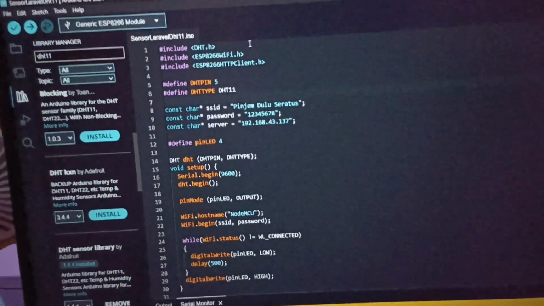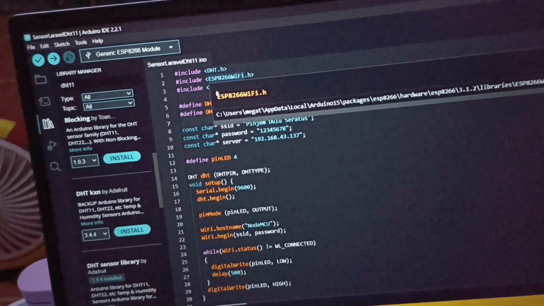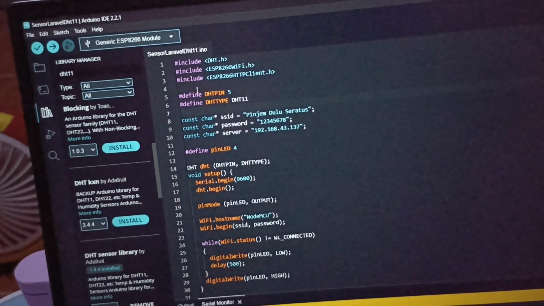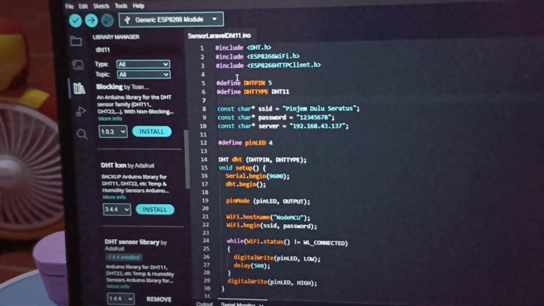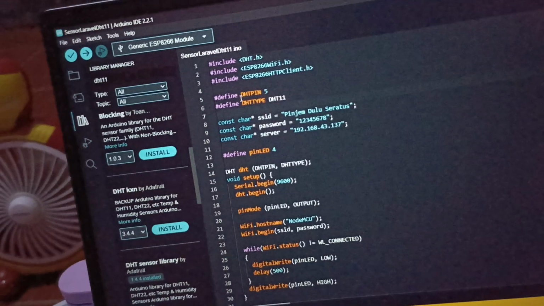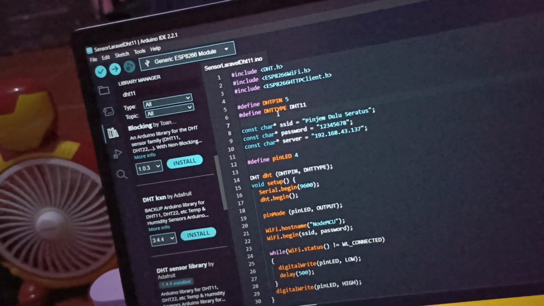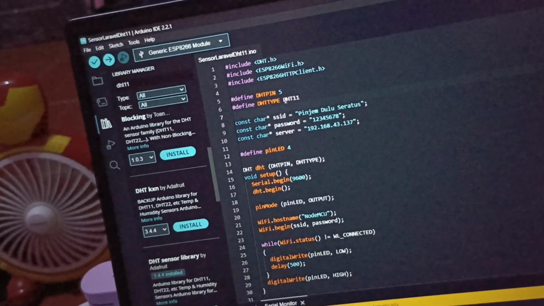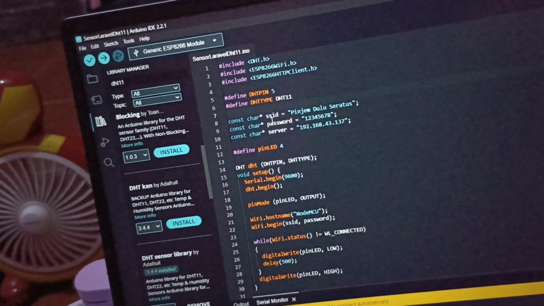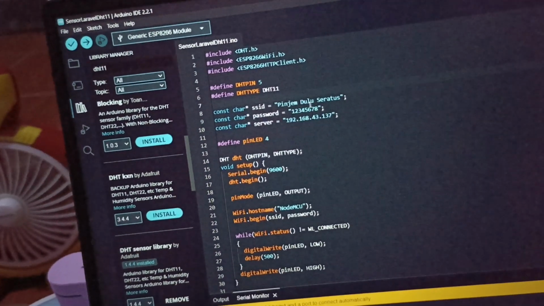This include DHT. Okay, this include for ESP, and this include ESP client. This define DHT pin is 5, and define this DHT type DHT 11.